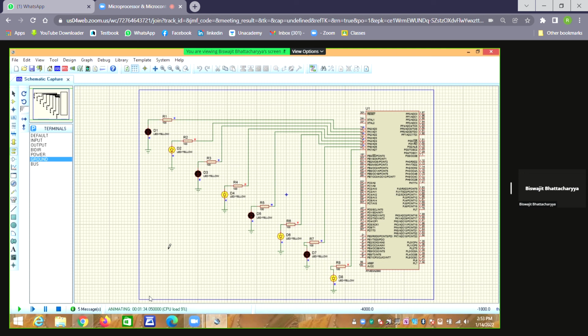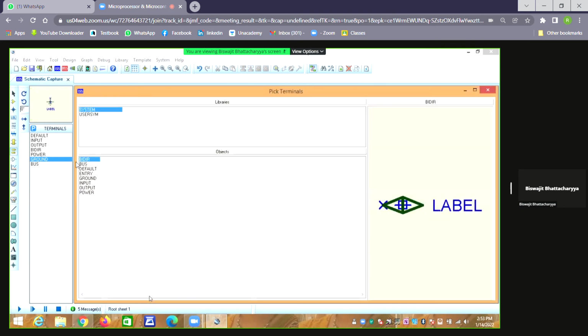Not exactly 100 millisecond, much more than 100 millisecond, but at least it will speed up. Get my point? It will speed up. So now I close this, I stop it. Now things are stopping. Now many more things you can add here. Say if you want to add a switch, so what happens? Sorry, I close it.